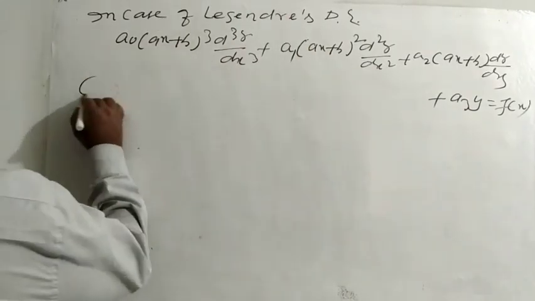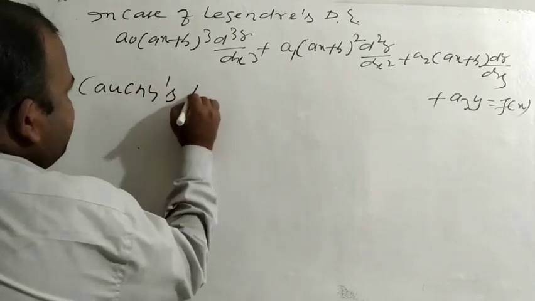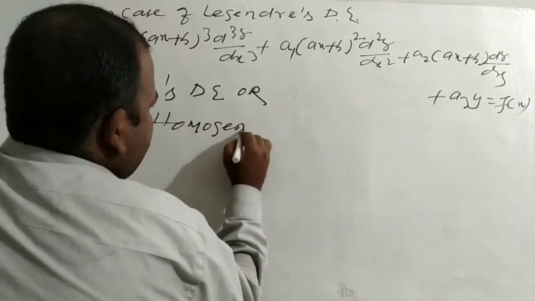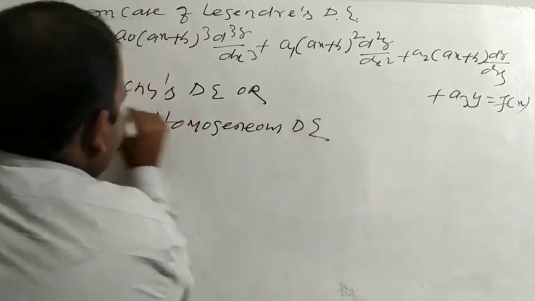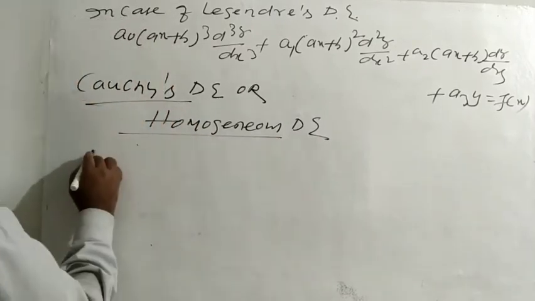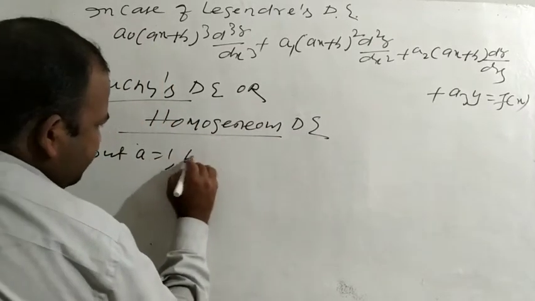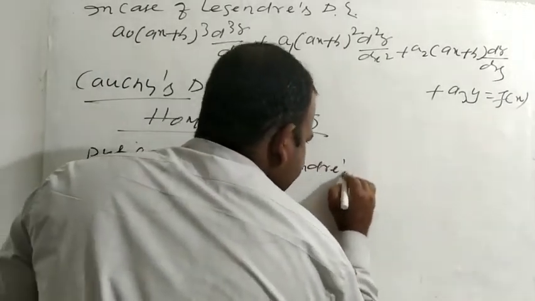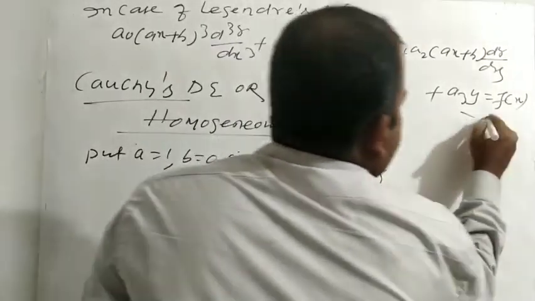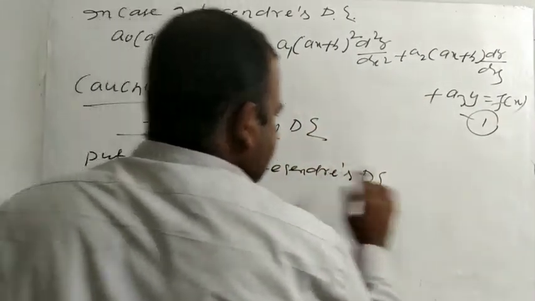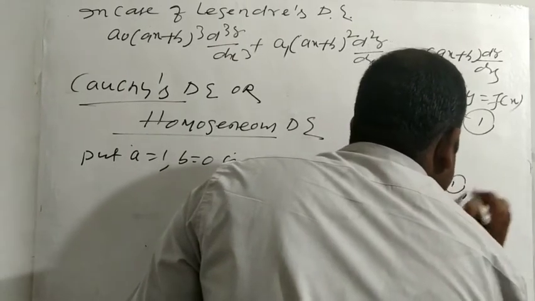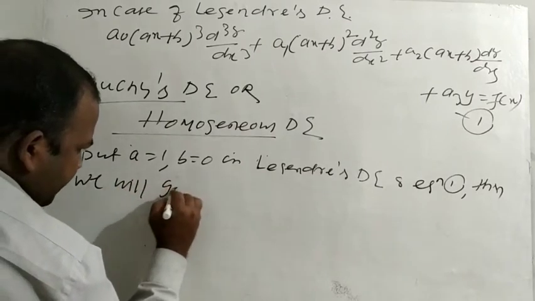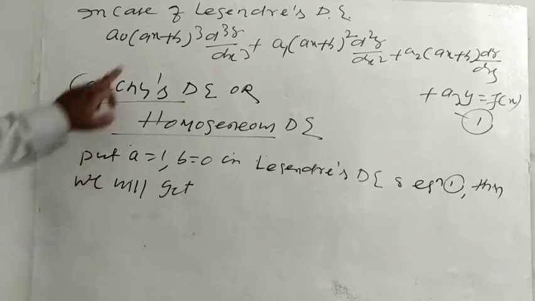But what do you mean by Cauchy's differential equation? Cauchy's differential equation is also called the homogeneous differential equation. Put a equal to 1 and b equal to 0 in the Legendre differential equation. This is equation number 1. Then we will get